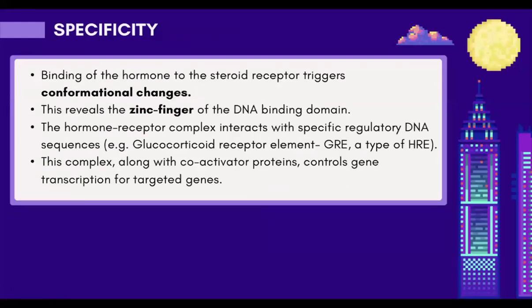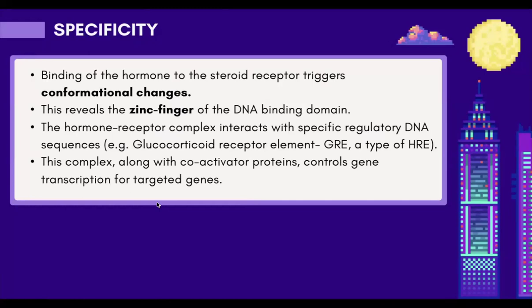Then we come to the second last slide in terms of information, and then you have questions. For the receptors and their specificity, all you need to know is when a hormone binds to the receptor, it's going to undergo some changes so that it can fit perfectly. So the receptor is going to have conformational changes. As I mentioned, it has a DNA binding domain with a zinc finger motif. After the changes occur, the zinc finger motif is revealed, and now this hormone receptor complex can bind to the DNA because the zinc finger is available. It's going to bind to the specific DNA sequence, and then they're going to allow for